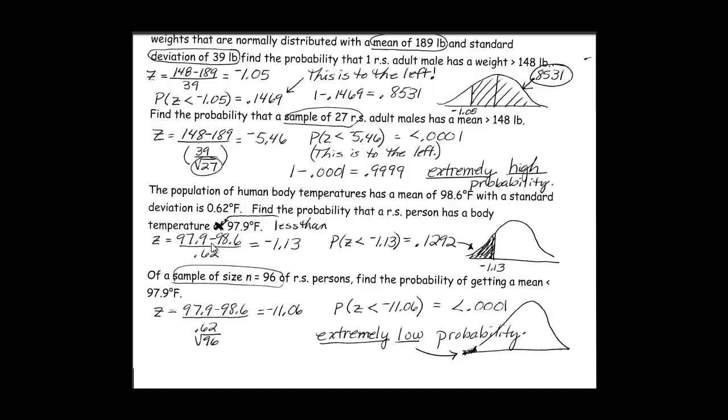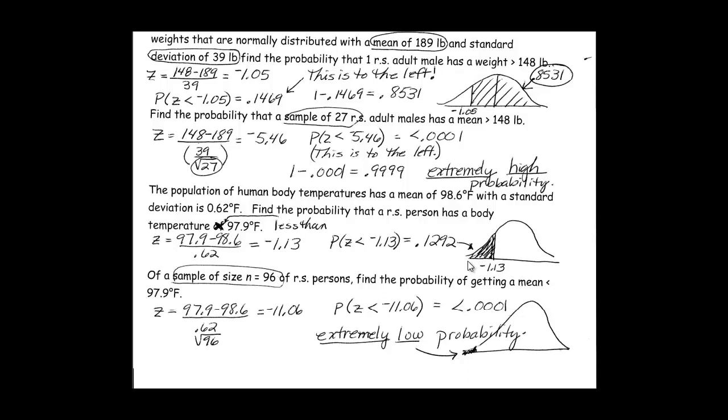Okay, so we're plugging in our normal information into the z-score formula. We get a z-score of negative 1.13. When we look at our table for the probability that equates to that z-score, we end up with a probability of almost 13%. So 13%, according to the 98.6 with a standard deviation of 0.62, we could also assume that 13% of the population has a body temperature